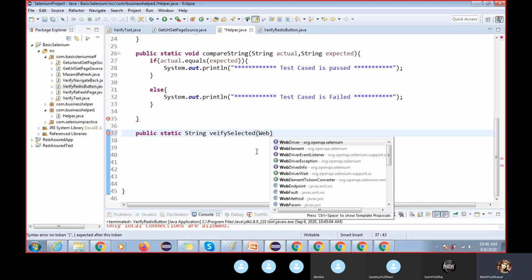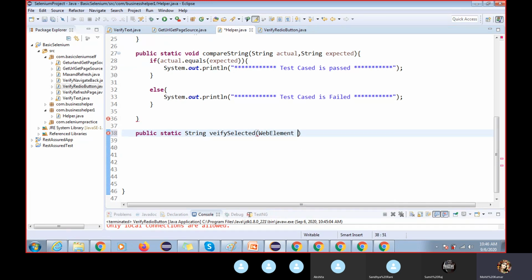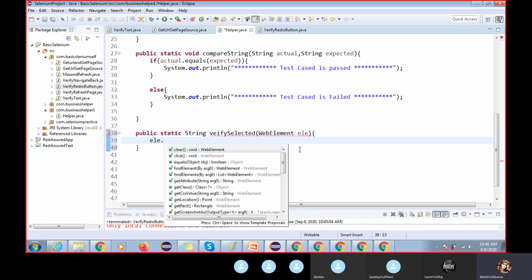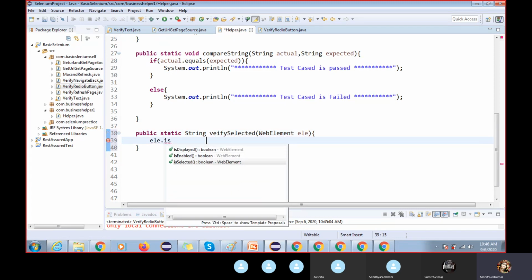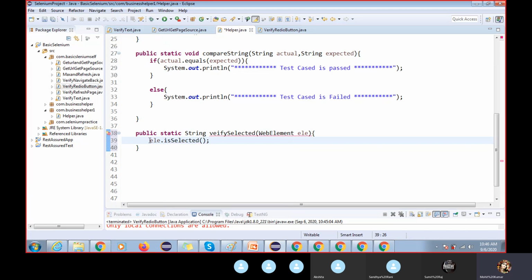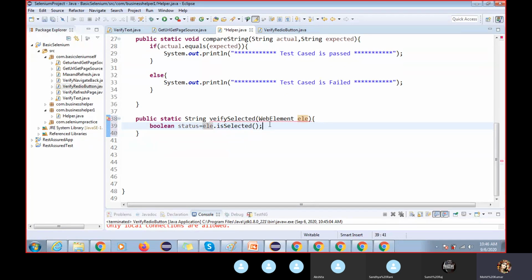Here we can pass a web element, ele, and ele dot isSelected, and here we have to return boolean type, boolean status, and we can check if the status is true.